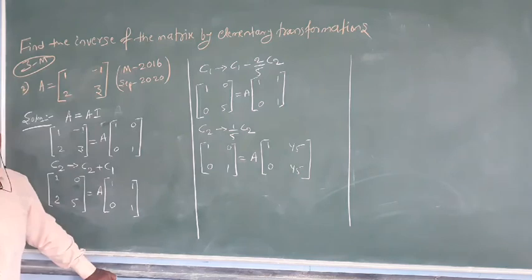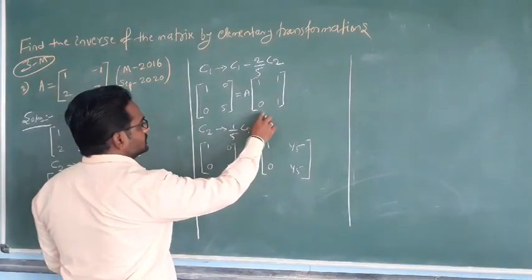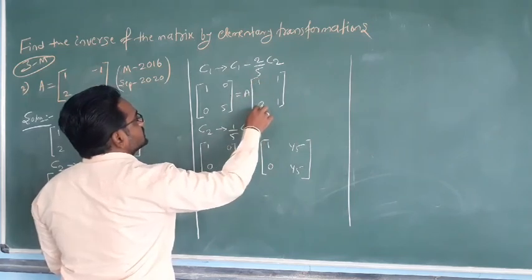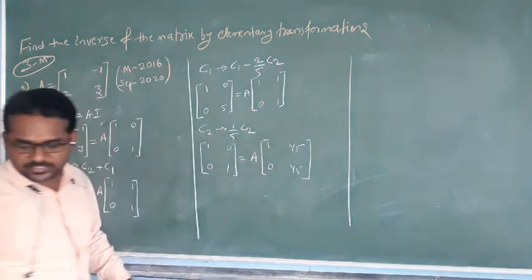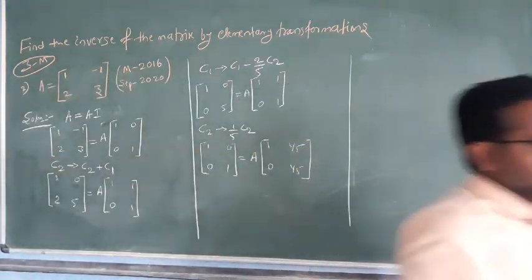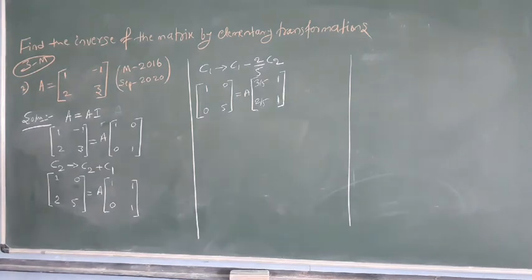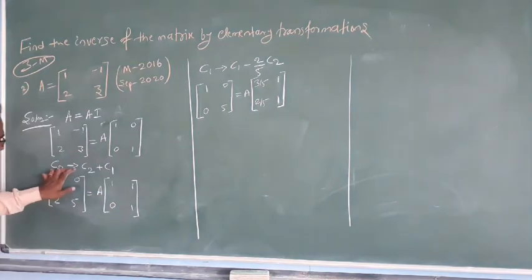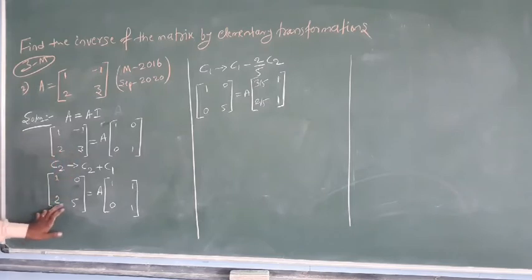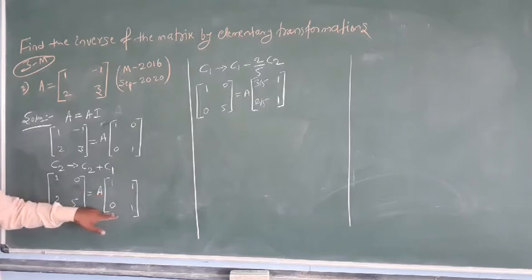One second, students. Here I have to convert... C2 changes to, okay, here I got it wrong. Sorry, students, I got confused a little bit. Observe here, C2 changes to C2 plus C1. That is, the C2 value is minus 1 plus 1, that is 0. 3 plus 2, that is 5. So 2 5. Okay, so next, A equals 1 1 0 1.